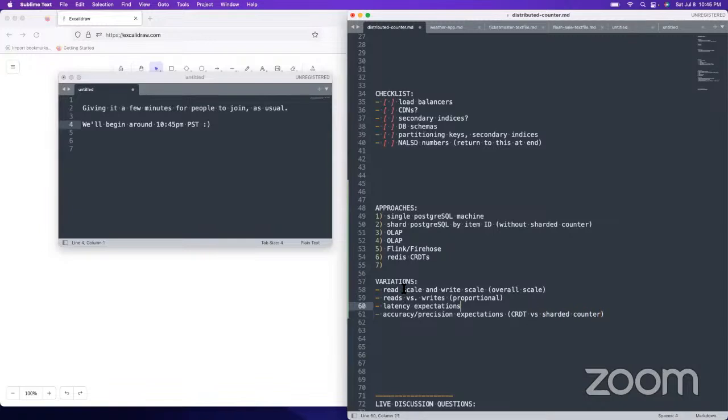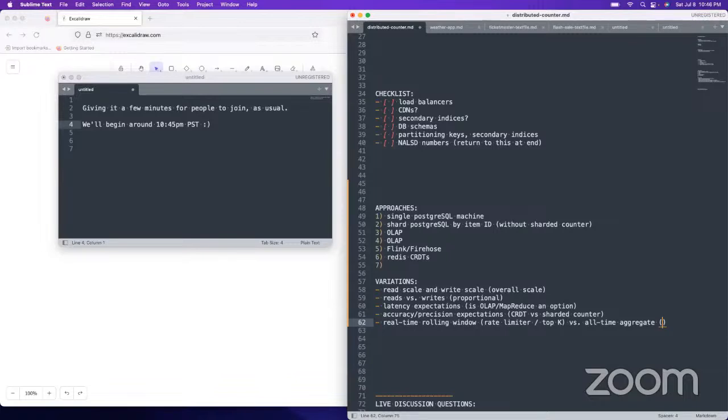So for example, with read scale versus write scale combined with latency expectations, is OLAP slash map reduce an option. And then there's real-time rolling window, so that's like a rate limiter slash top K, versus all-time aggregate, which is, shoot, which problem is that?